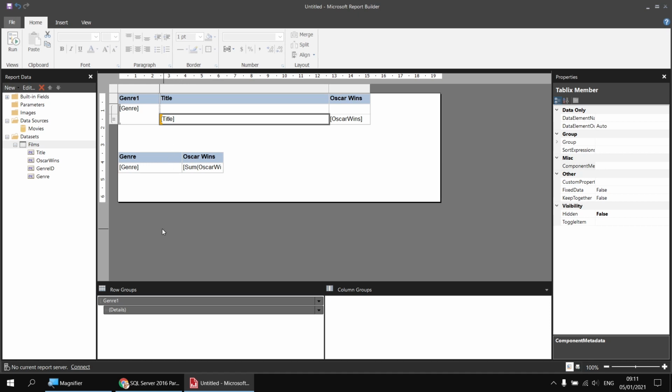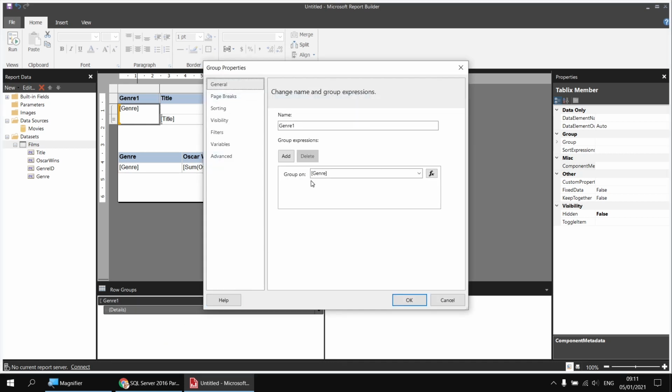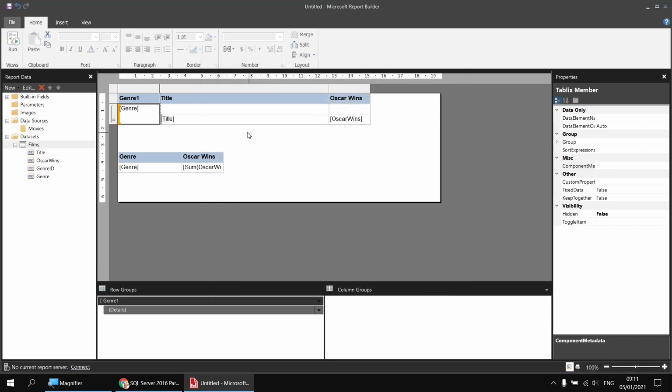And then I'd like to just modify the way the grouping works. I'm going to right click on the genre 1 group that's been created, choose group properties, and then change the group expression to group on the genre ID, just for that potential better performance when you group on a simple numeric field rather than a text field. So if I click OK at that point, if we then have a quick look at what happens when we